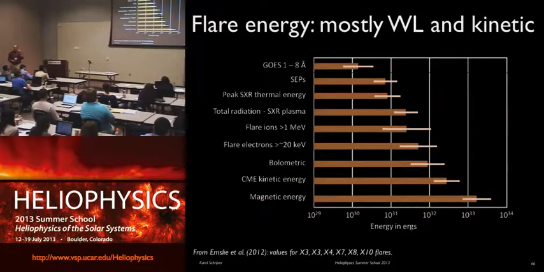1% or thereabouts of all the energy coming out in a flare or a coronal mass ejection comes out in the GOES light curve, which we all look at. And the reason we look at it is because the sun itself is dark there. So any spectacle is immediately a big spectacle.